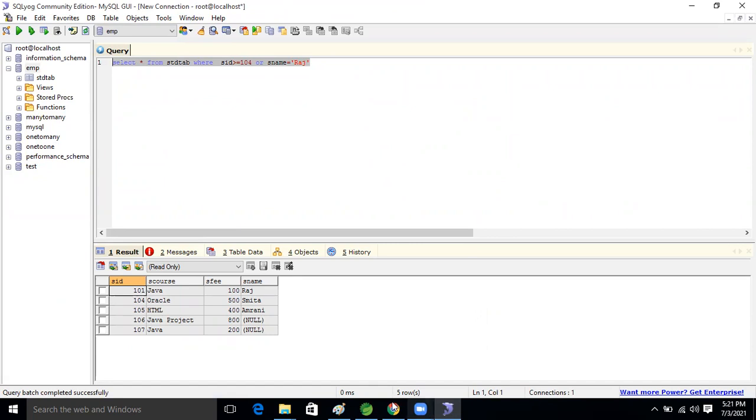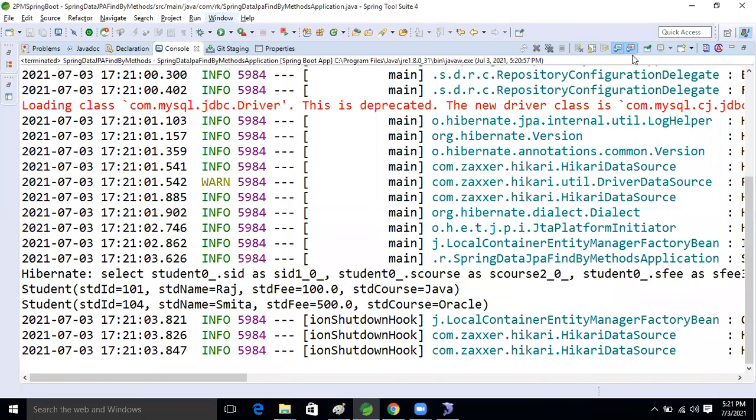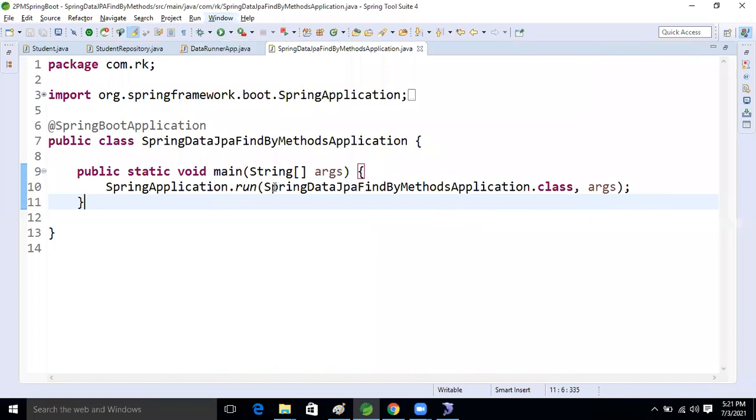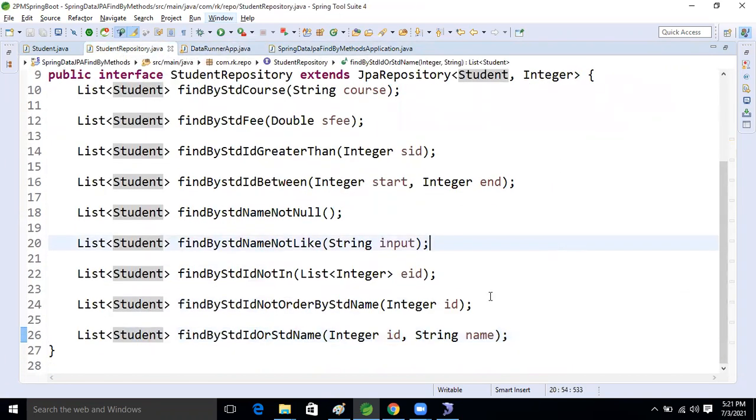We have to check where ID is equal to 104 and name is equal to Raj. That's why we are getting it: OR means any one condition should be satisfied.